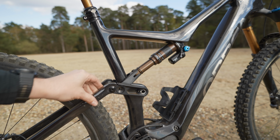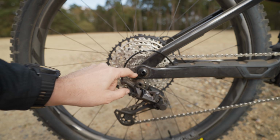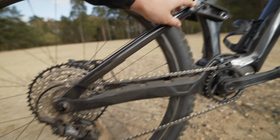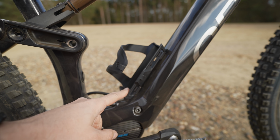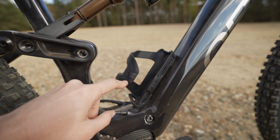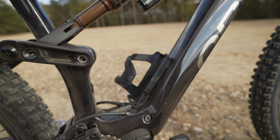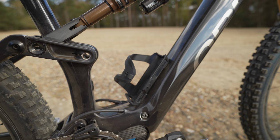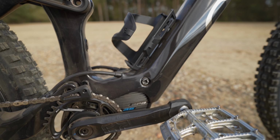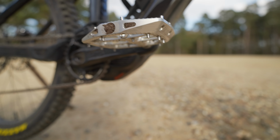And then the linkage down here, it's got a concentric pivot just in here. It's got a pivot in here and a linkage driven shock. This bottle holder here also doubles up as a battery holder. So I've got a spare battery, a range extender that Orbea custom made for the bike, and that plugs in just to the charging port, which I'll show you on the other side. And then the EP8 RS motor is neatly tucked under there. If you look how small that is,